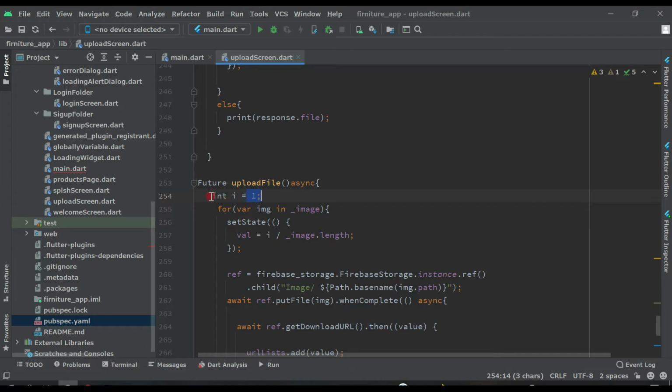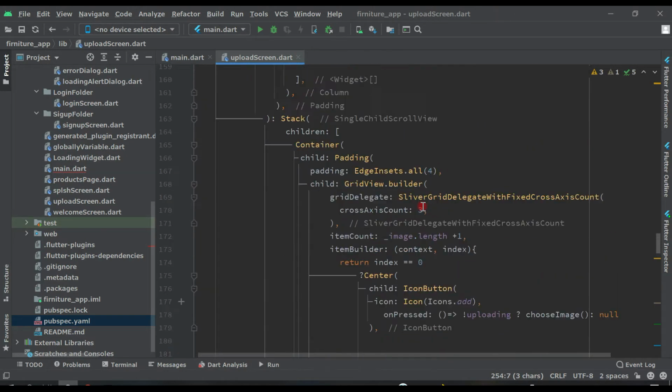Or else you can write var, because Dart is a smart language and automatically deduces the type of the variable. If you write var, Dart will automatically deduce whether it's a boolean, integer or string. That's okay, but write int here like this.